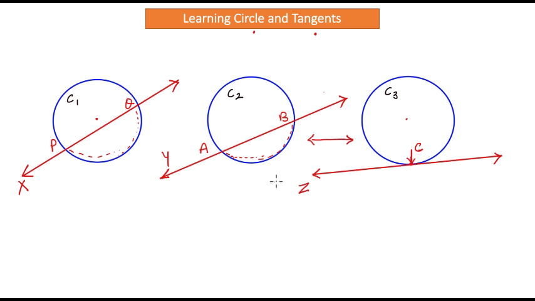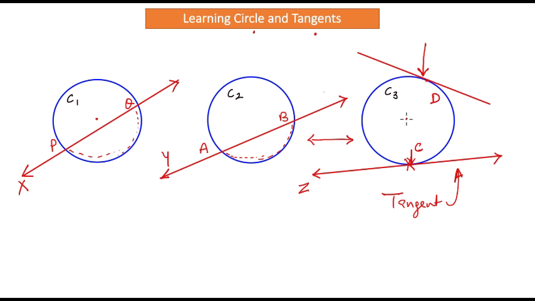And that line, when you obtain such that it touches the circle only at one point, is called a tangent to a circle. So this line Z is a tangent to the circle C3. That's what tangent means. So one useful and a very critical property of a tangent is that, let's say you pick any point on this circle, any circle, right? So let's say that's point D. And if you were to draw a tangent on this circle, then you will find that there can be one and only one tangent to that circle that will pass through this point. That's what is important about a tangent.